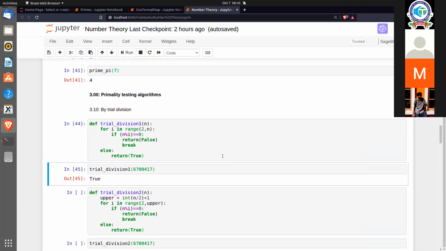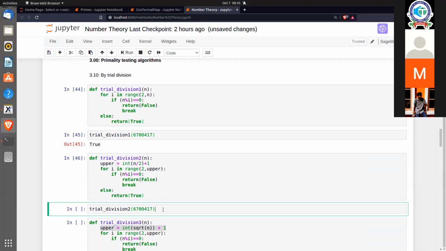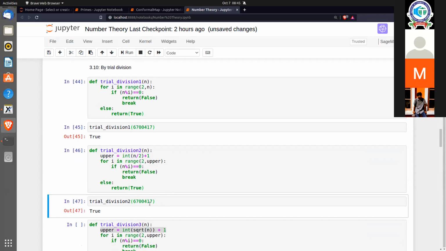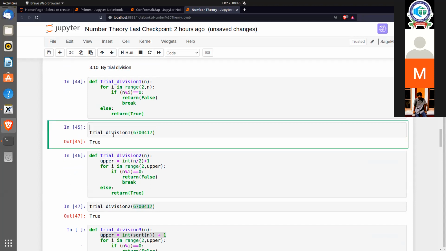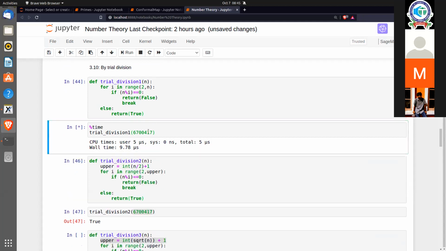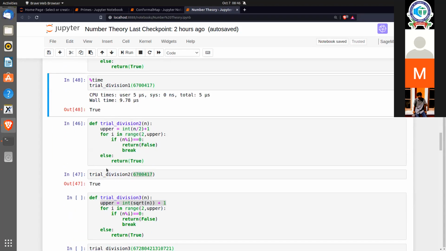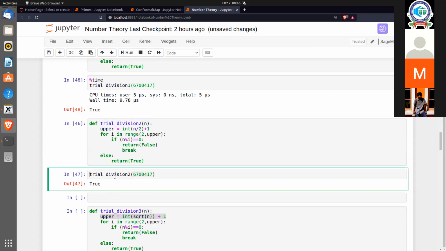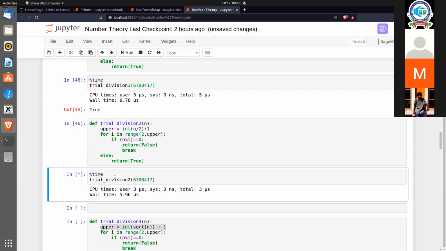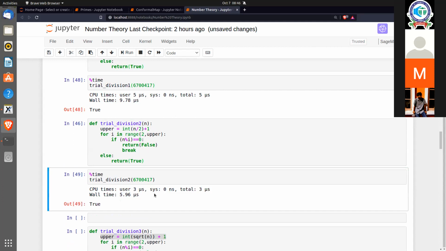Now, even if I make that optimization here, this is the largest prime that I can test it for. But there should be some difference, right? Because we've reduced the range of our checking essentially to half. So what we can do is just look at how much time it's taking to compute. If I had percentage time here, it says the wall time, the end-to-end time, is essentially 7.87 microseconds. But if I try this out for this function here, you'll see that it's reduced. It's not much, but it's reduced for sure. It's around 6 microseconds here.